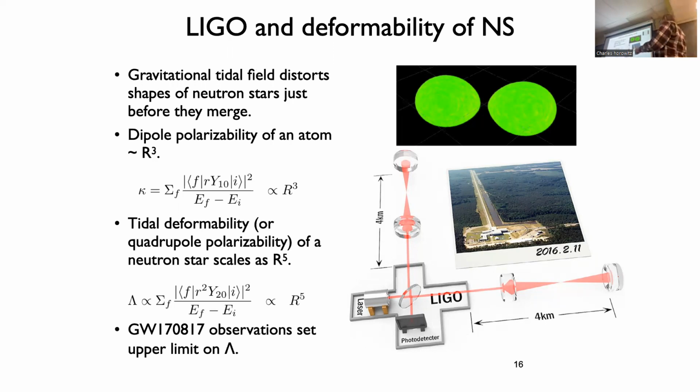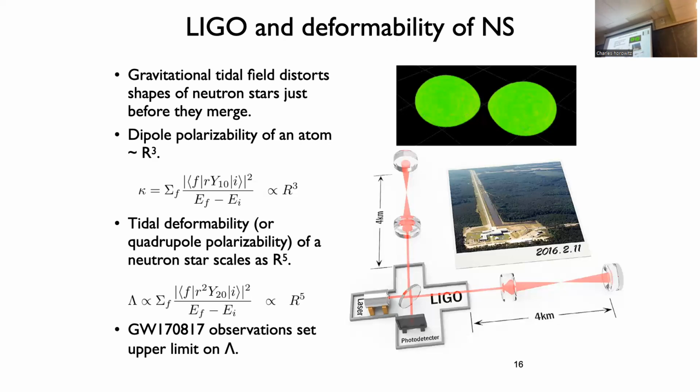The energy denominator, you sum over all the excited states. That energy denominator for a gravitational system goes like 1 over the size. So it's R to the fourth over 1 over R. So the deformability scales like R to the fifth, just like the polarizability scales like R cubed. So the polarizability of an atom is a volume. And now we have this quadrupole quantity, which goes like the radius of a neutron star to the fifth